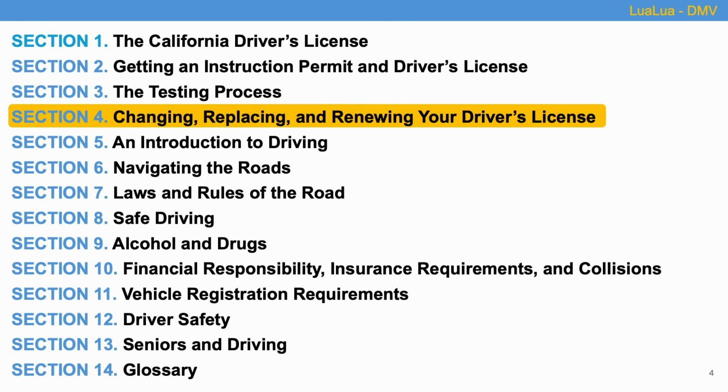Section 4. Changing, replacing, and renewing your driver's license. Changes to your license. If you legally change your name or need an update to your driver's license, such as your physical description or gender identity, visit dmv.ca.gov/services. Change your address. If you move, you must notify DMV of your new address within 10 days. Submit a change of address online at dmv.ca.gov/addresschange